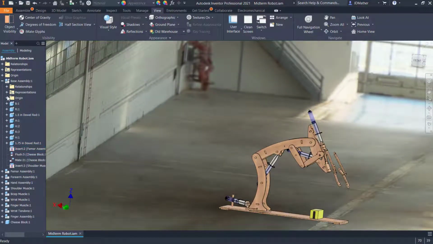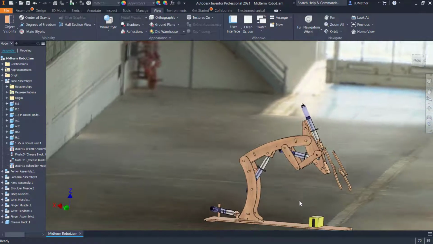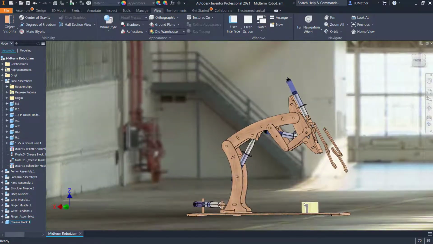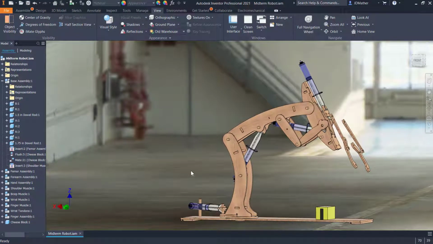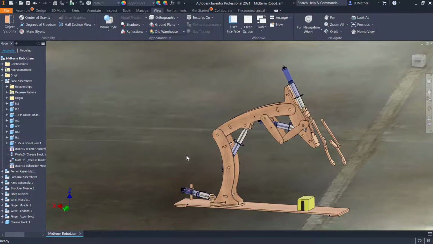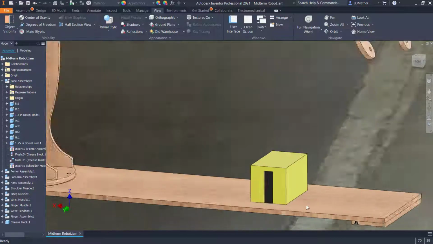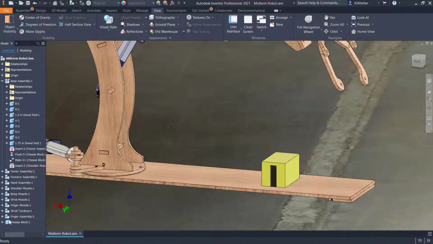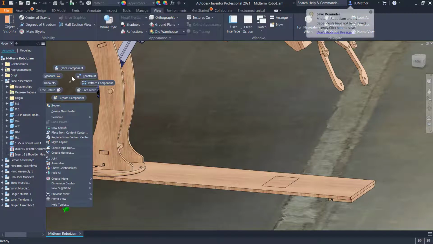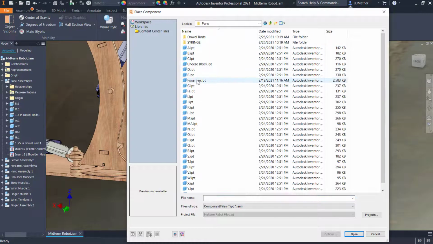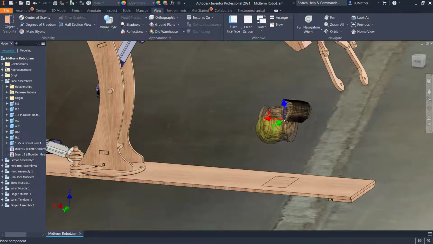But before I unground this part and move it, I would like to get all of the joints placed in here, and then we can safely move the entire assembly if we desire. So I'm going to delete this part that is named cheese block, and we'll use a second component. So I'll delete this one, and then I'm going to place the toy called Foosman, and I'll put that someplace